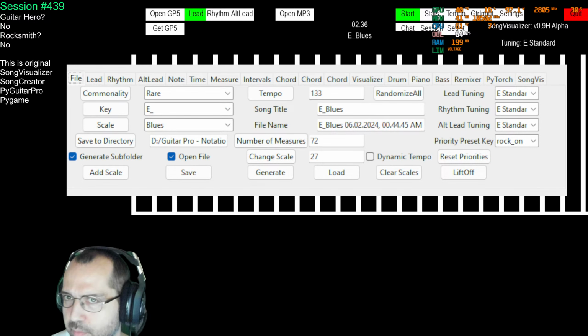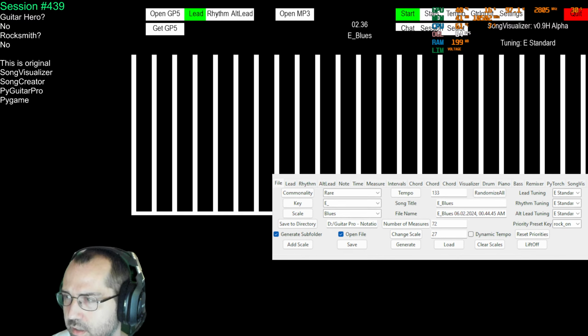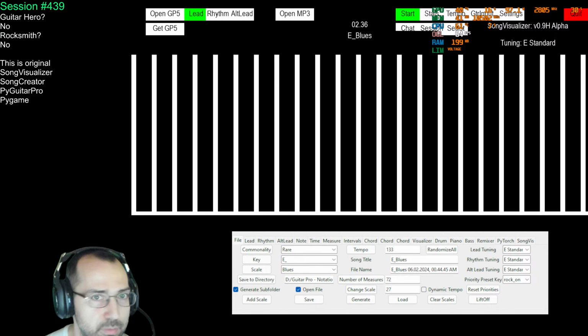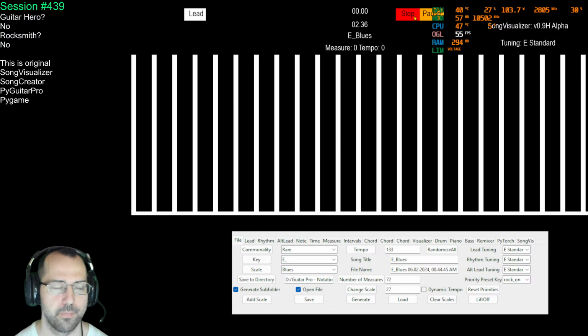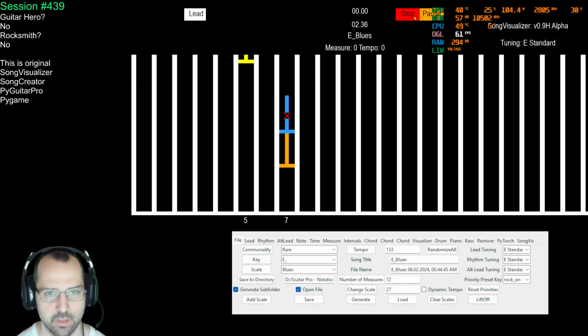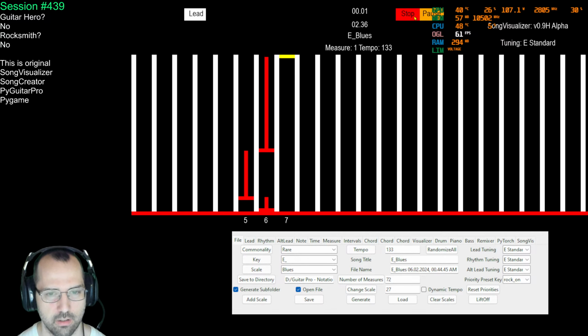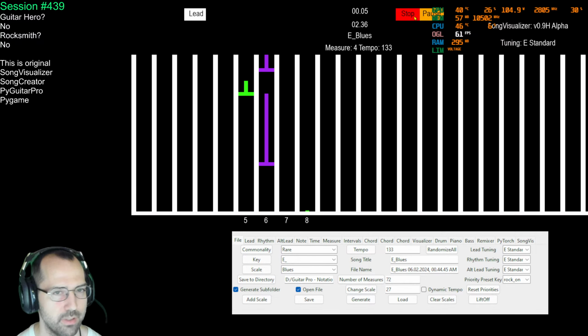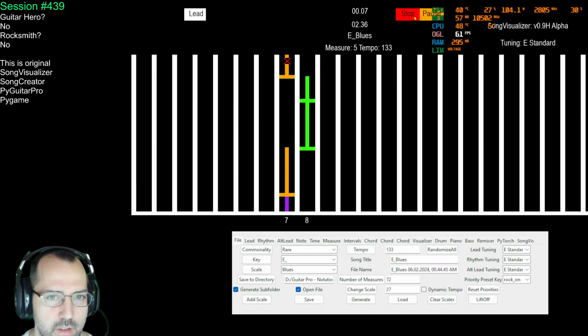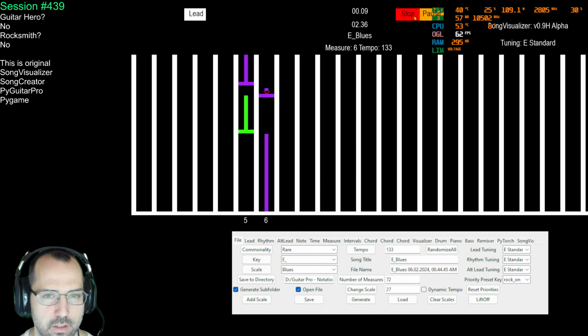But so there's two aspects of it, the song creator and the song visualizer. When you say this being MIDI, it's like it's actually me plugging in my real guitar and playing like Guitar Hero, like Rocksmith. So it's not really, I mean, you can do MIDI, but for me, it's like plug in the guitar and then